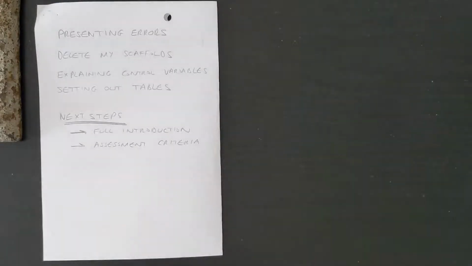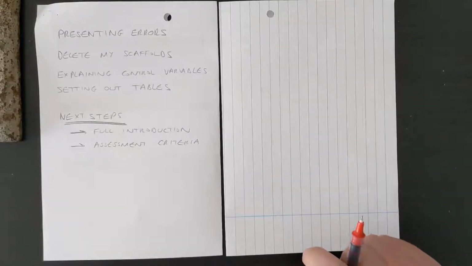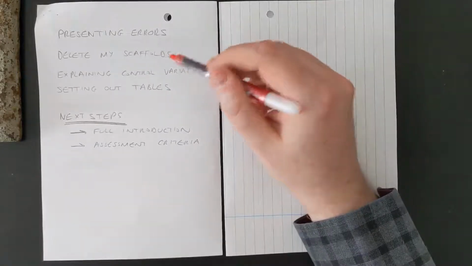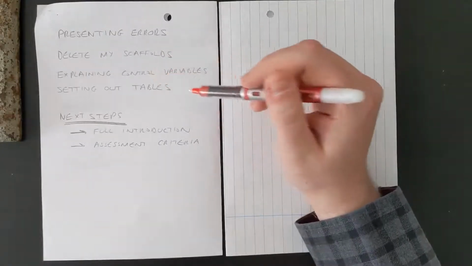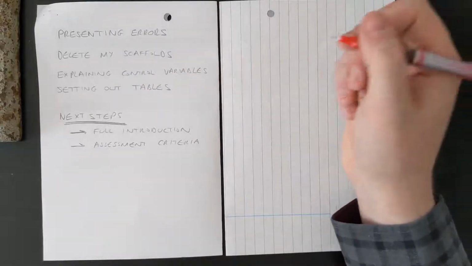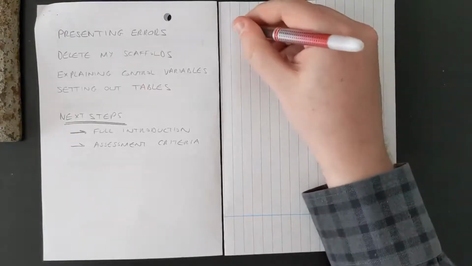In order to do that, I need to talk through a context that lets me talk about a number of things. And I thought the easiest way to do that is when I'm demonstrating how to present errors, how to present your essay in general, how to explain your control variables, how to set out your results tables, where necessary. I'll use the context of a GCSE required practical. And the required practical I will use is